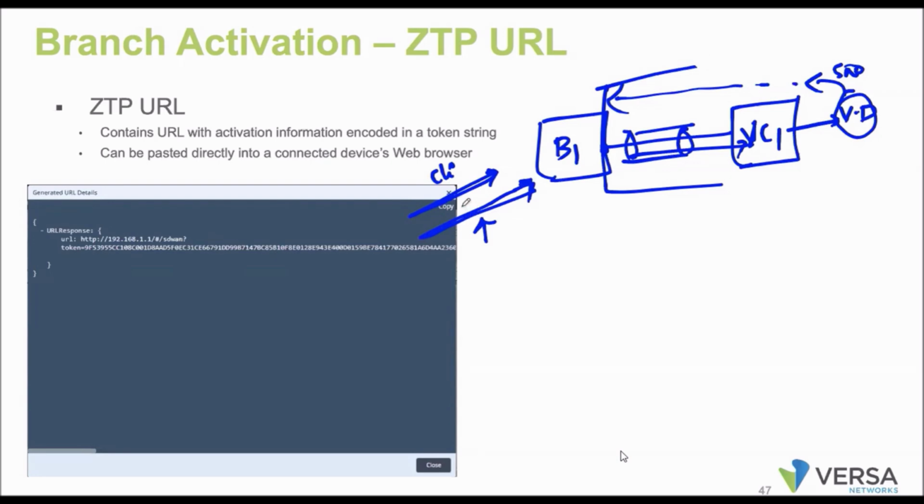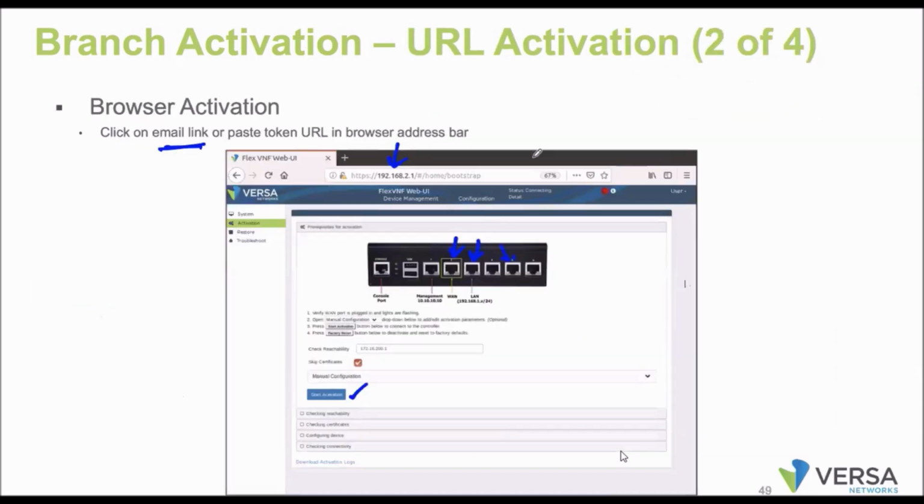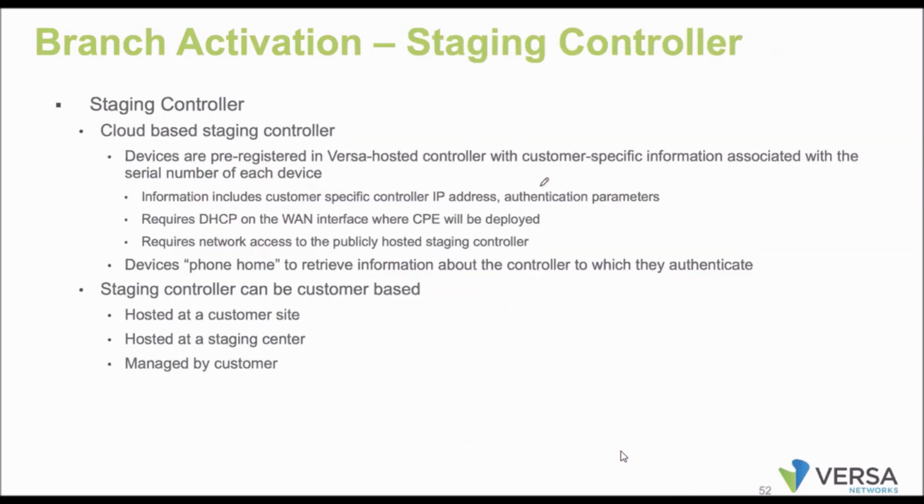Here as well, what will happen? If the end user clicks on that link, the branch will get a WAN IP address, a gateway IP address, the controller IP address, and the IPsec VPN parameters. Based on that, the tunnel gets created and it informs the director about the serial number. Yeah, okay, understand. Right, so this is about the onboarding with the help of the URL ZTP.